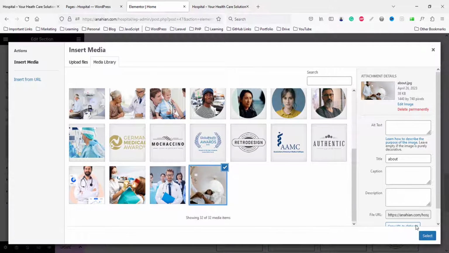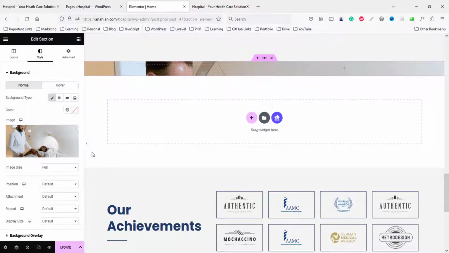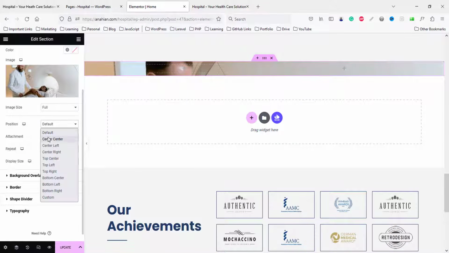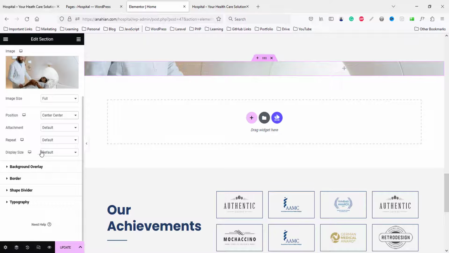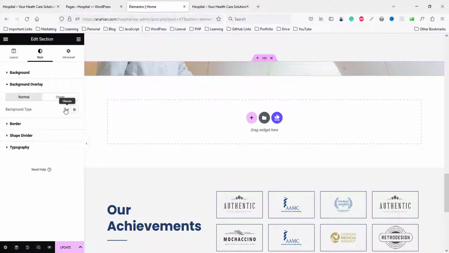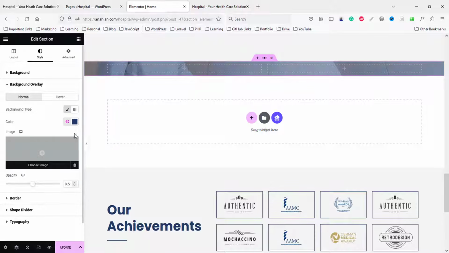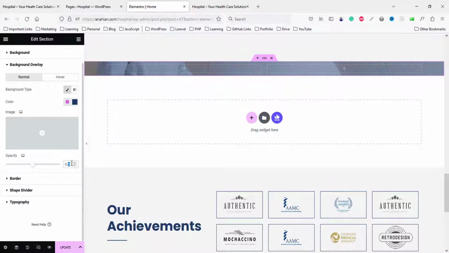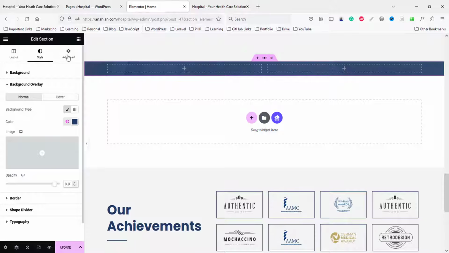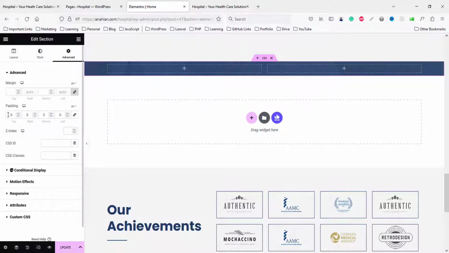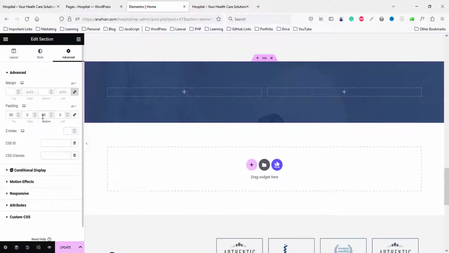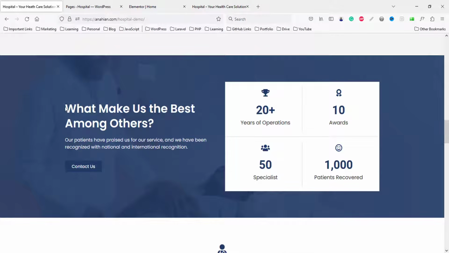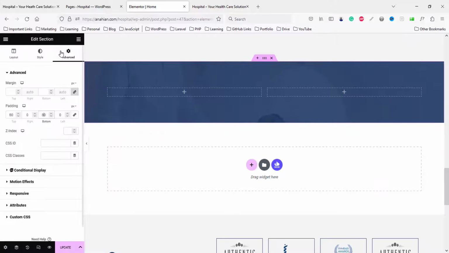Okay, select position center, then we can choose display size cover, background overlay we can choose here primary color, and here we can set opacity 0.9, and from the advanced part we can choose padding top 80, padding bottom 80. So first test this one, so copy this from here,